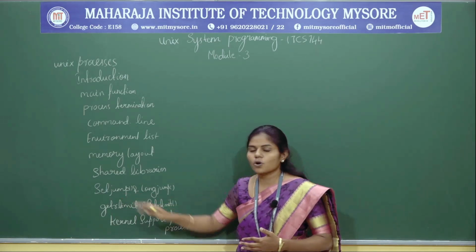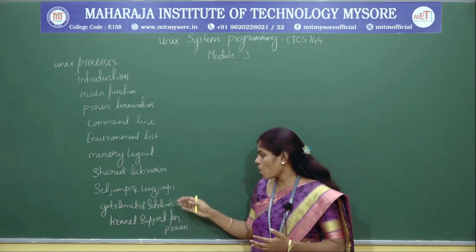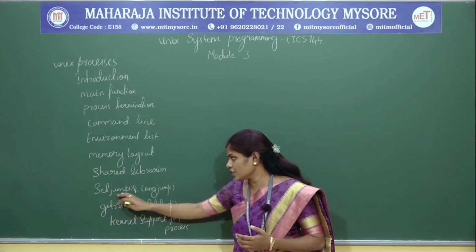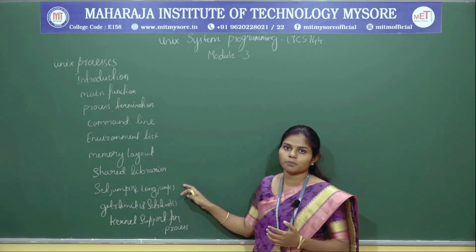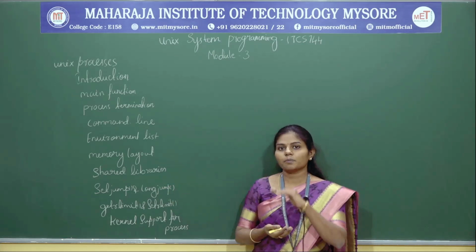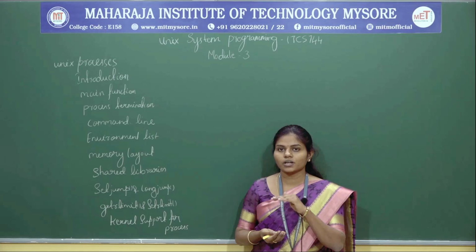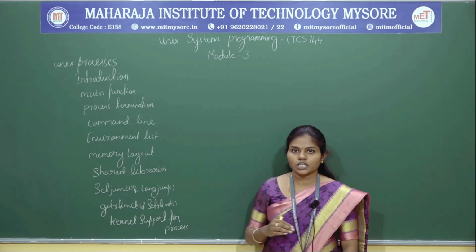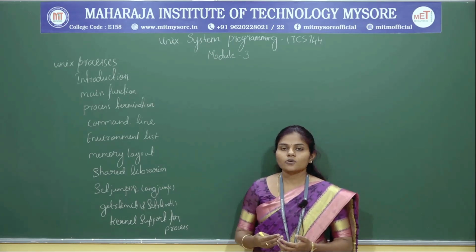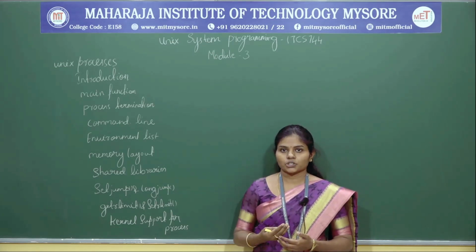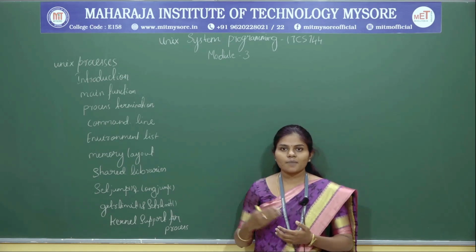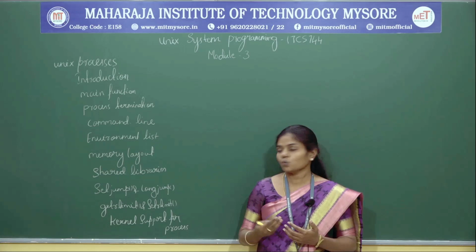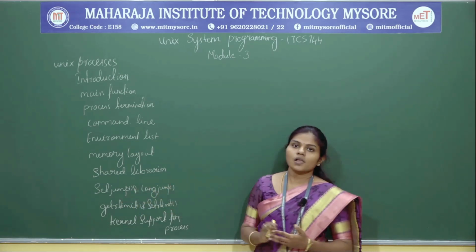Next we are going to study the four important functions in this chapter: the setjmp function and the longjmp function. Usually the program is going to run sequentially, one after another. When you want to give a jump instruction, in the C program you use the goto statement, right? So how it is going to work with setjmp and longjmp.